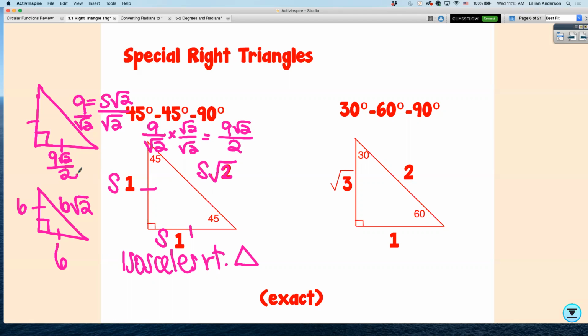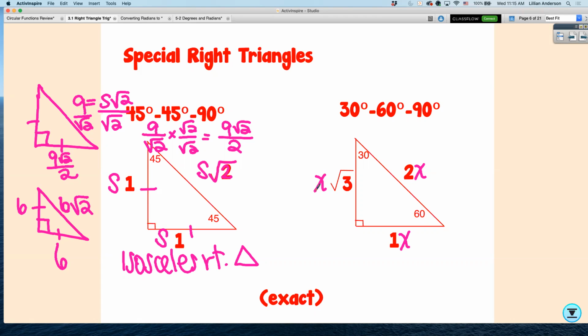Okay? 30, 60, 90. Works the same way, but it's actually 3 different lengths. The side across from your 30 degrees is your shortest side. The side across from your 90-degree angle, your hypotenuse, is twice the length of your shorter leg. And then the side across from your 60 is your shorter leg times the square root of 3. So you can also see this as x,